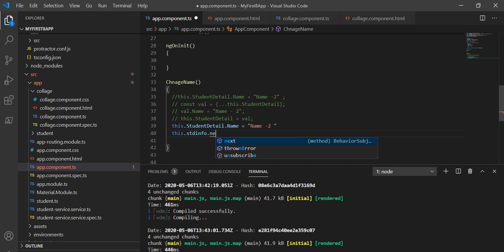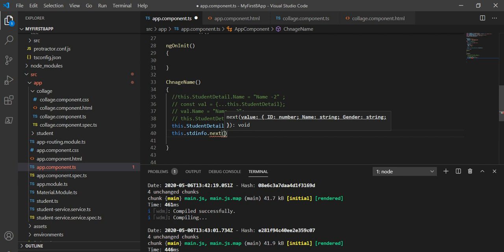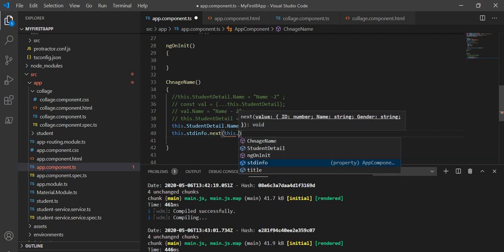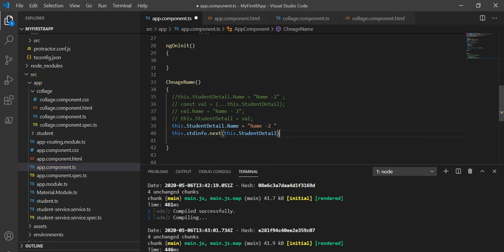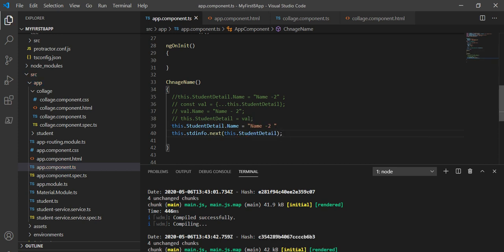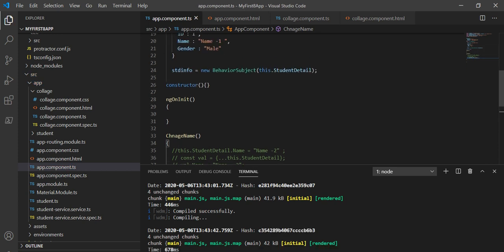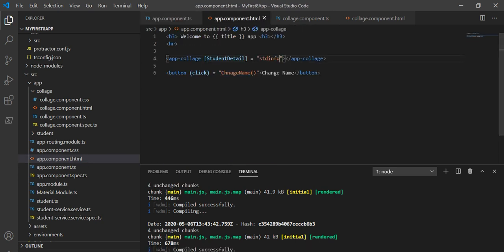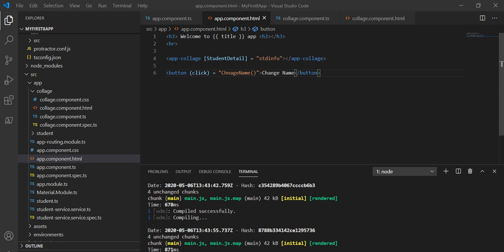So next, and we will pass this information, this.studentDetail. And next we have to pass this student information, because we made changes to this, into the app.component.html here. So the changes are done. Let's compile it and see in the browser.